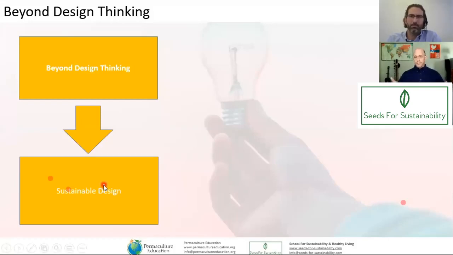Unfortunately, design thinking does not formally incorporate sustainability into the process, which is problematic. But stage 1 of the formal design thinking, empathize, or stage 2, define, may include input from users about the desire for sustainability related product attributes, but sustainability itself is not included as a default part of design thinking. So if we take design thinking to the next level, we enter the realm of sustainable design.